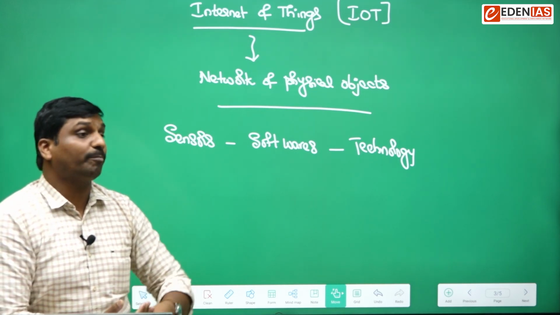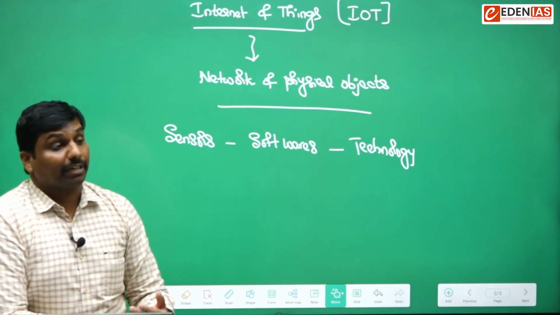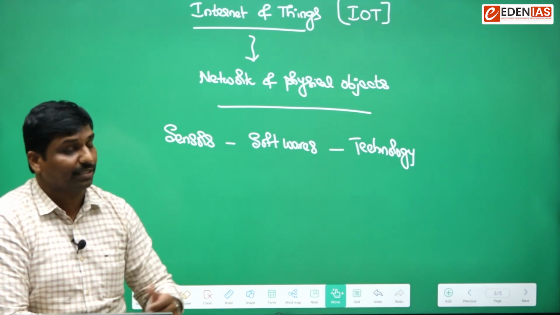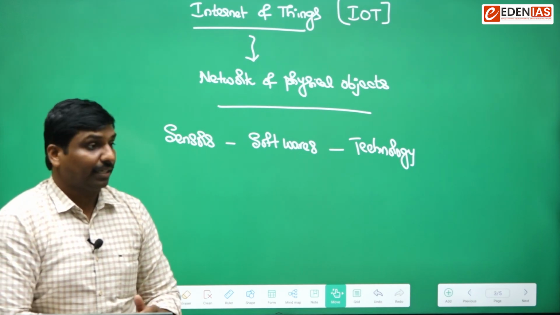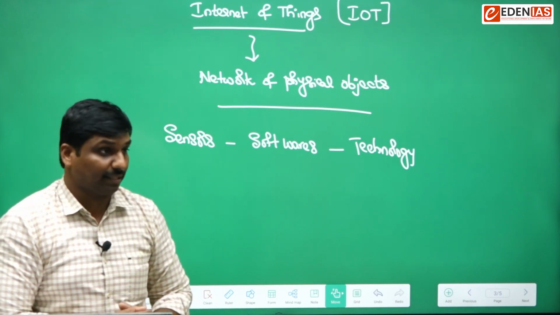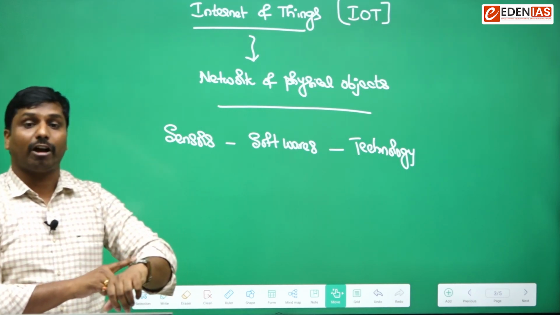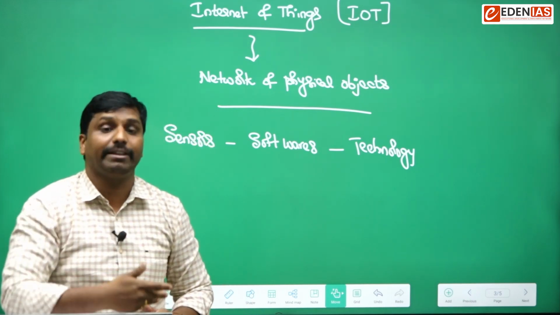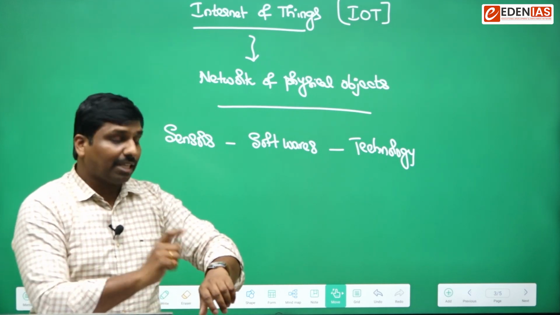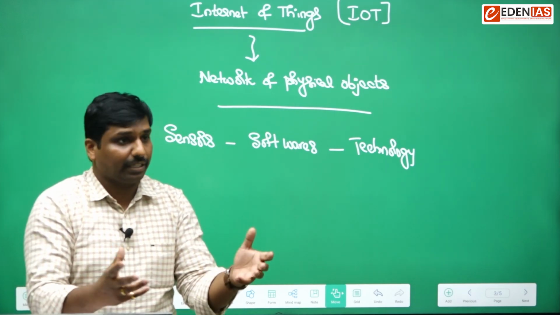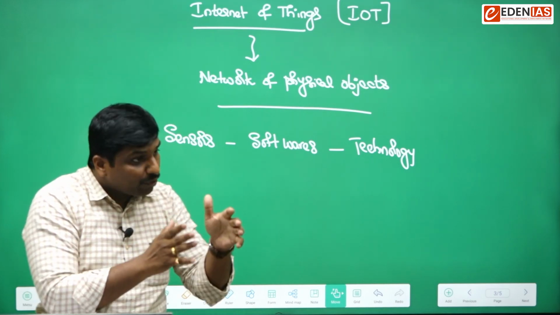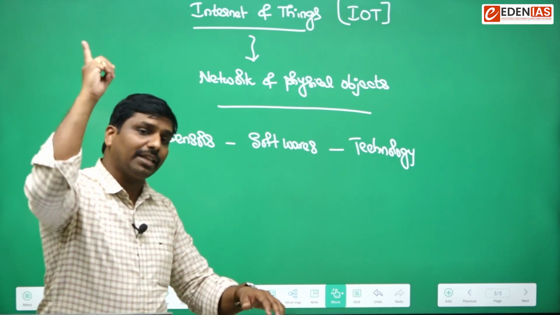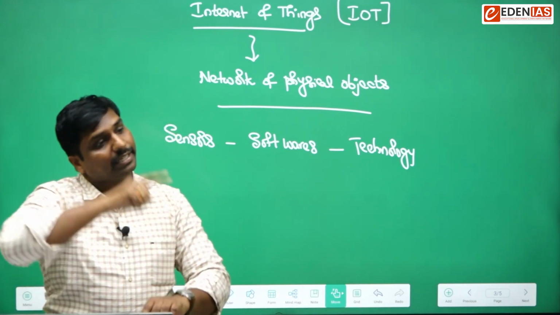And think about such probable applications where the power grid, a smart power grid system, can also use this technology. And healthcare, for example, we were talking about wearable devices. Wearable devices means smart watches, smart jewelry, wristbands, all those things are nothing but wearable devices. What they will be doing, for example, is tracking your pulse rate, your heart rate, your high BP, all those things. If your BP has fallen down and you have fainted, this smartwatch will automatically send, it will be connected to an ambulance, to your hospital, and